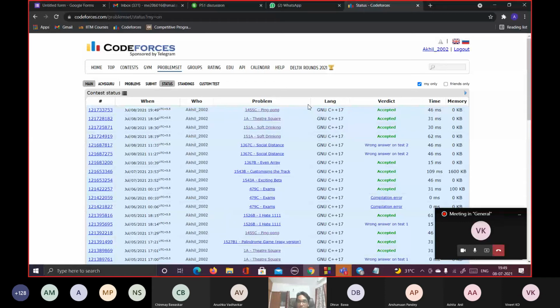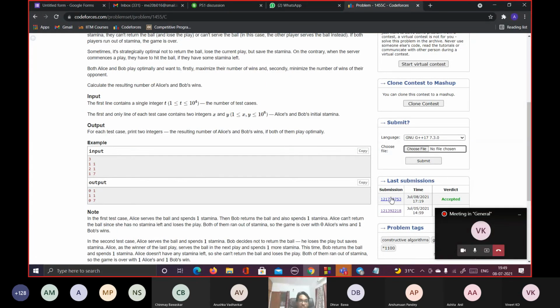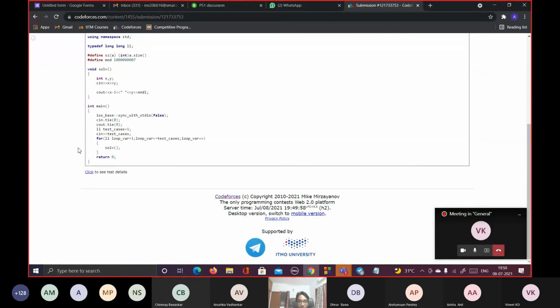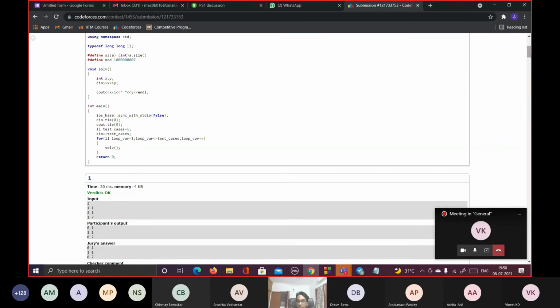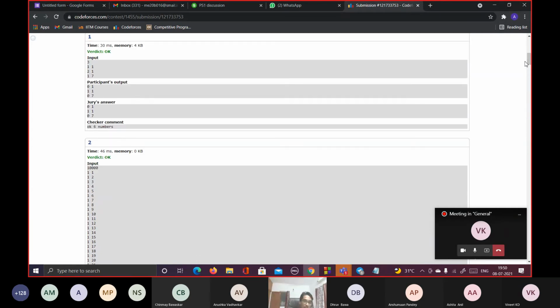So naturally it should get accepted, and it did. If you see the test cases also here, obviously you'll have something like this. But now you observe that in the initial part, player 1 is always starting with a stamina of 1, and the other person has 1 and above, and scores are always ending up with 0-0. So what is happening is that Alice has the ball initially, she serves, but her 1 point stamina is